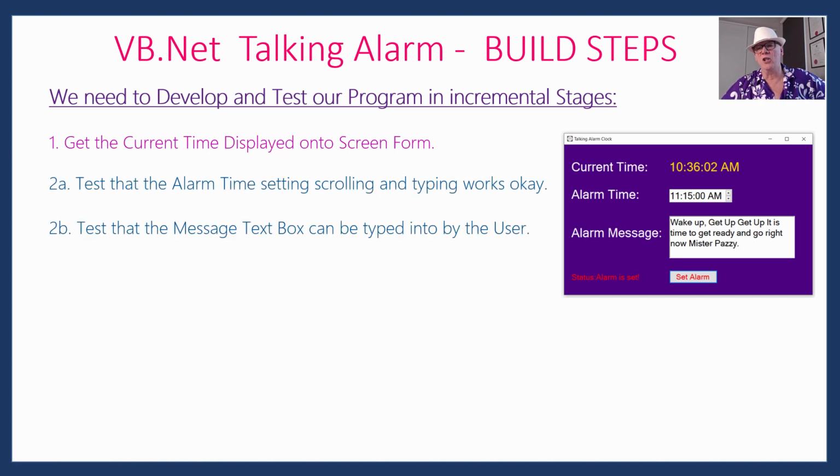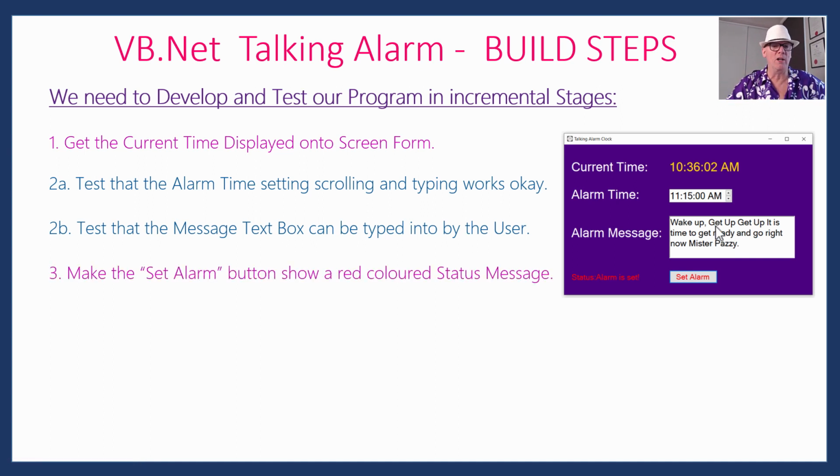Then we'll just test that you can pick and click in your hours, minutes, second here for the alarm time. Use the up and down arrows and flick and change them. And we'll also test at the same time that you can type different messages into the message box and use backspace and edit whatever is there. So we'll get all that working. Then we'll be able to go to the next thing,